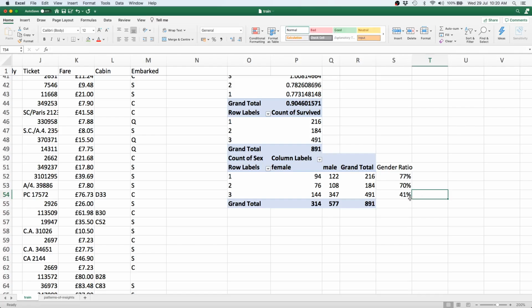And here is where we see our first surprising output. Essentially, the gender ratio of the third class is the lowest of the three classes. We have steadily decreasing gender ratios between the first and the second class, but they are still fairly high, 77% and 70%. But a gender ratio of only 41% is too low. Why this is important is because the gender ratio in the third class of passengers was very low. It is also possible that it is because of this that their overall survival rate could have gone down.